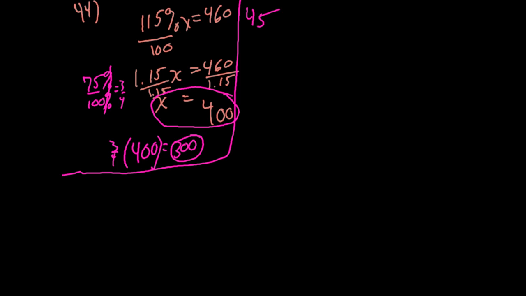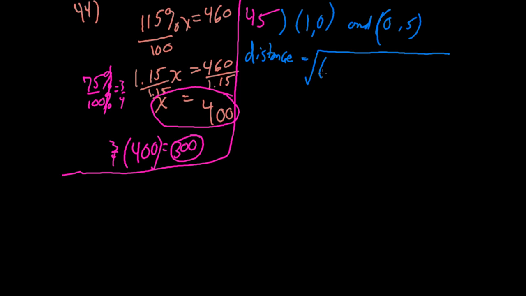And it says, what is the distance in the standard xy coordinate plane between the points (1, 0) and (0, 5)? So the quick way to do this is just to use the distance formula, which says the distance between any 2 points is equal to the square root of (x2 minus x1) squared plus (y2 minus y1)